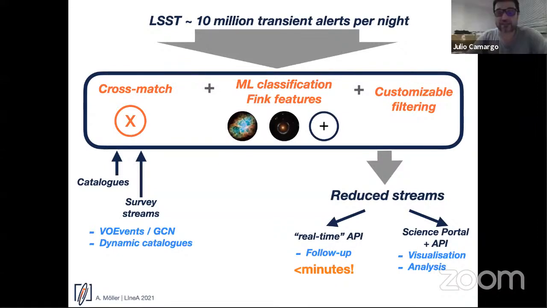Also, the LSST will discover a lot of new solar system objects. And I think that in the beginning, these objects will perhaps be unidentified as solar system objects. They'll be just a new discovery, but after some time, they'll have an orbit predefined, and it will receive a name.